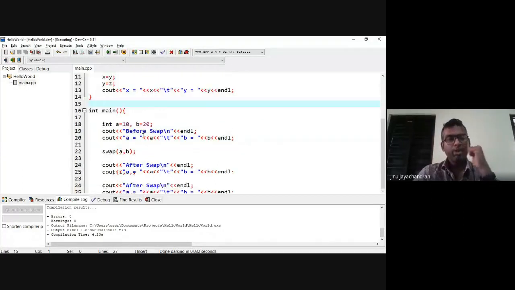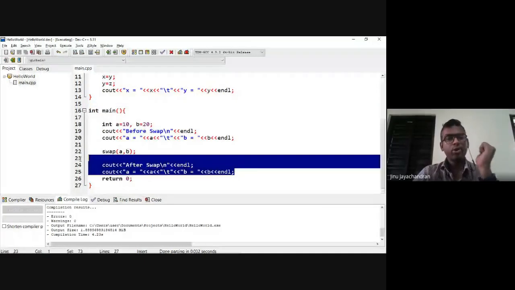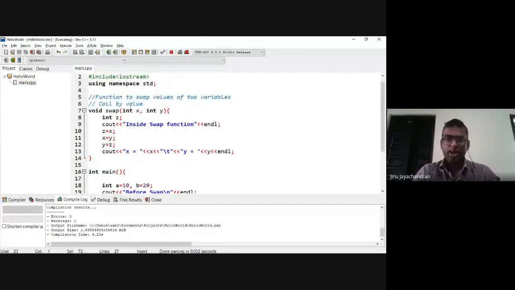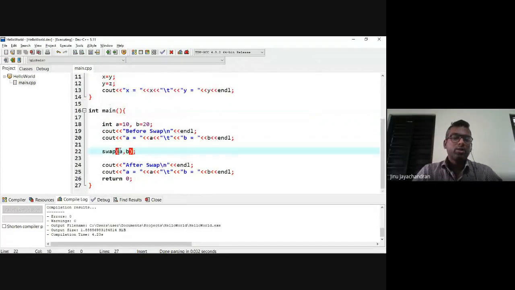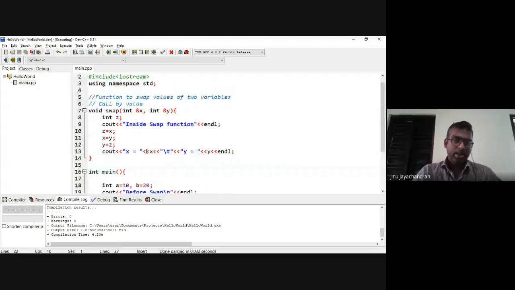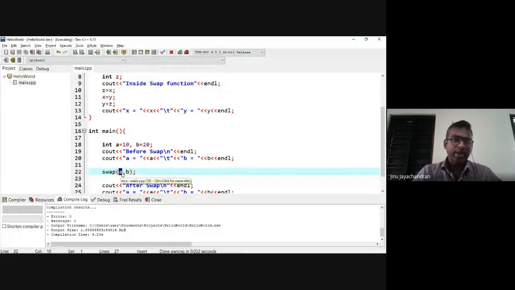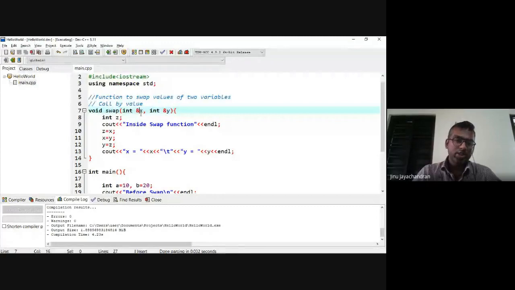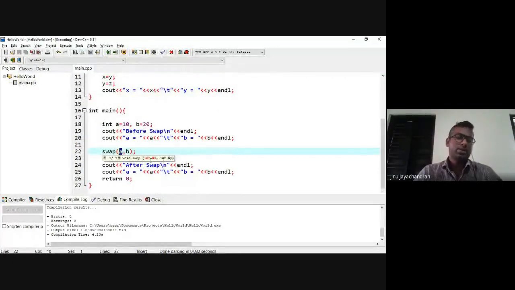Now, if I want to make it reflect here, I'll put an ampersand here. What it is saying is that the value being passed from the call of this function is not to be copied, but should be treated inside the memory location as it is. That means instead of copying the value of a to x, this memory itself is being passed.